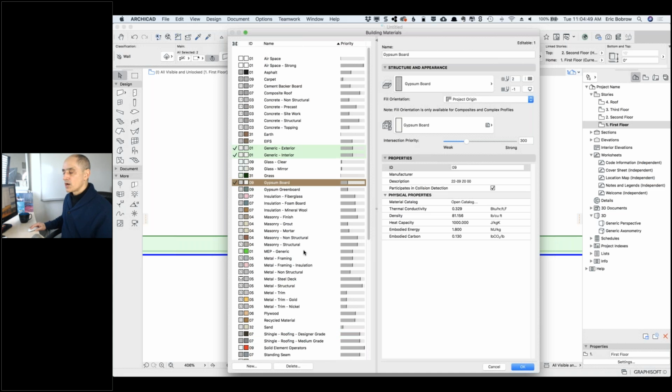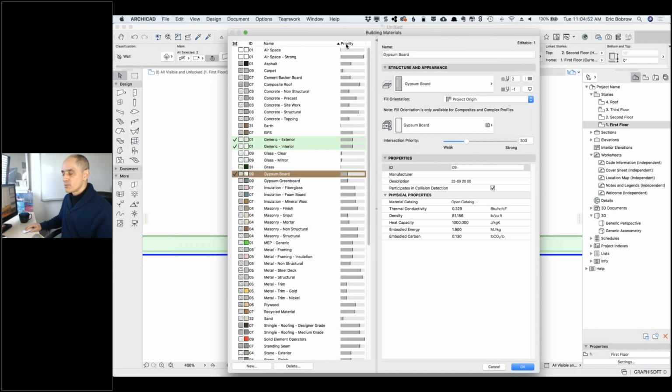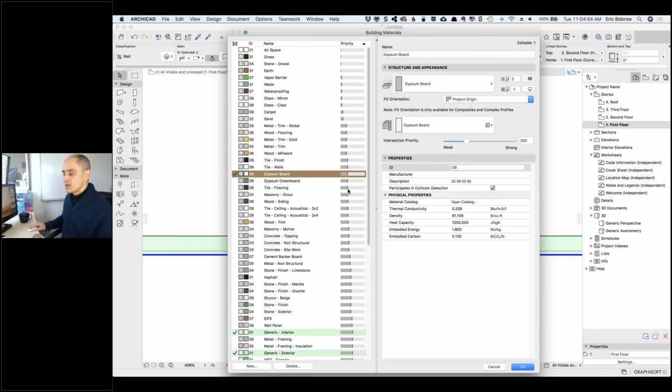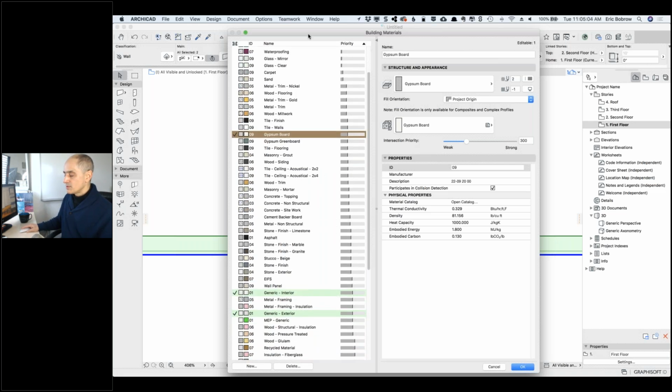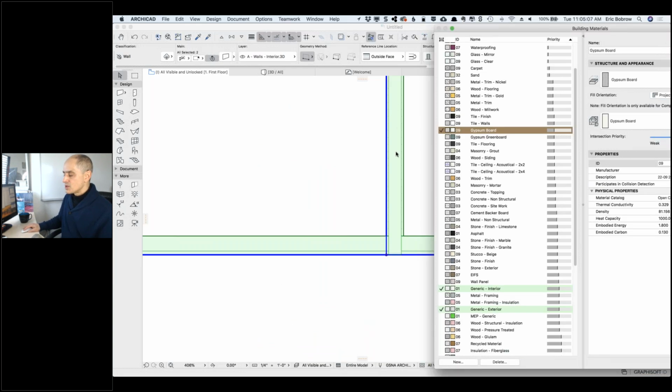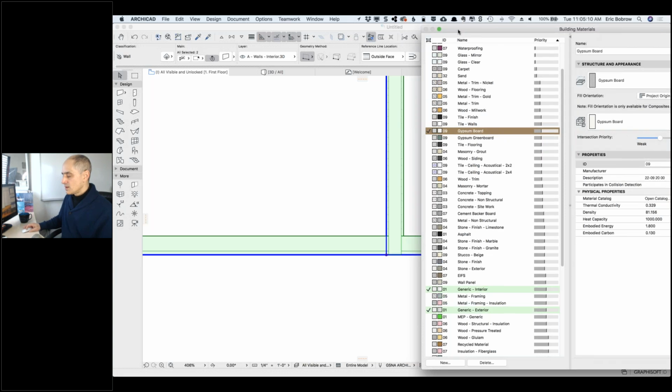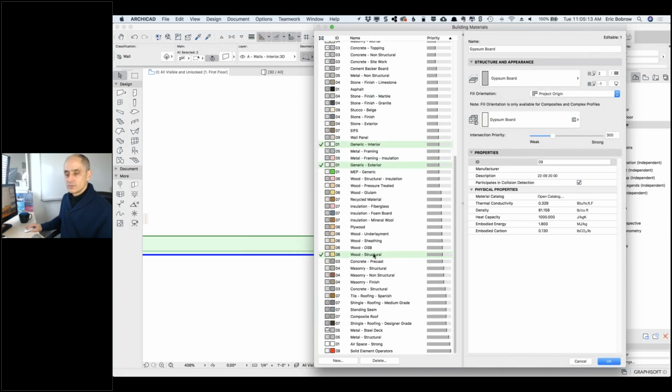But you also notice the priorities. And if I sort by priorities by clicking on this header, we can see them with a visual indicator, and each one, like the gypsum board, has a number, and the number is the sorting order. Now the issue, the reason why we have this particular funny thing, is the center part of this is made with wood structural, which is